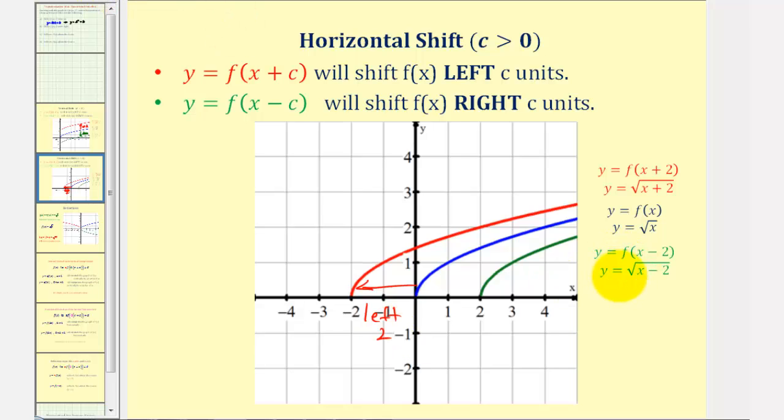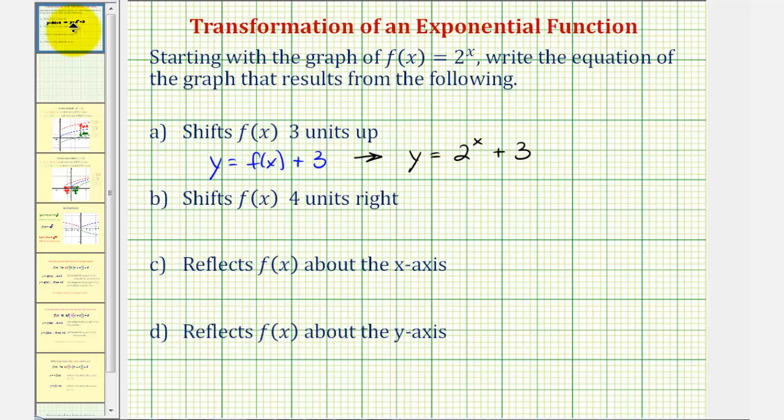And if we graphed y equals the square root of the quantity x minus 2, this would shift the basic square root function right 2 units. Notice the direction of the horizontal shift might be the opposite of what you were thinking. If we have minus a constant, it's shifted right. If we have plus a constant, it's shifted left. So if we want to shift our function right 4 units, we want y equals f of the quantity x minus 4,